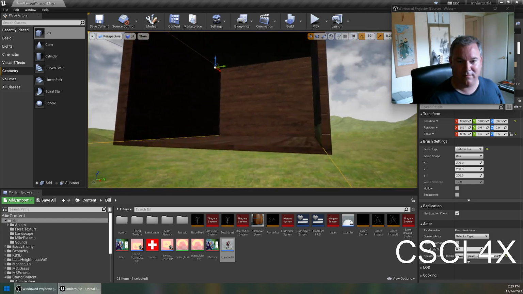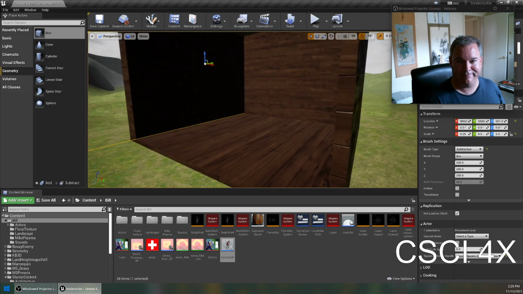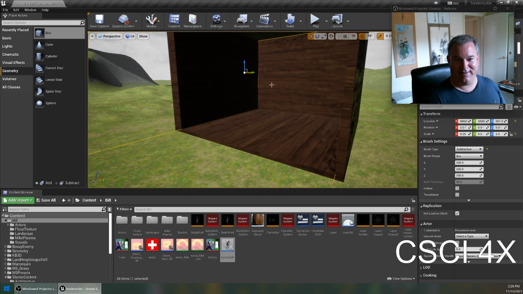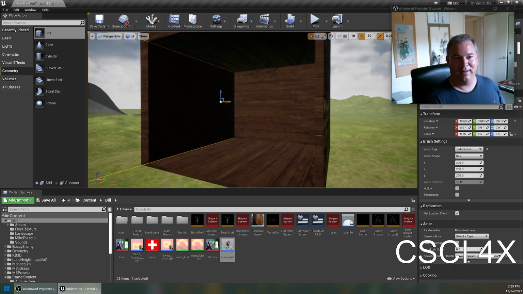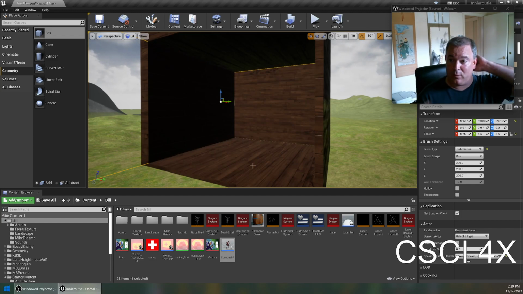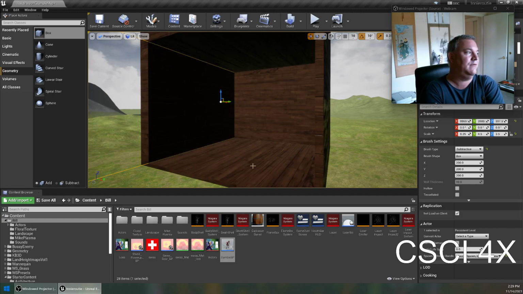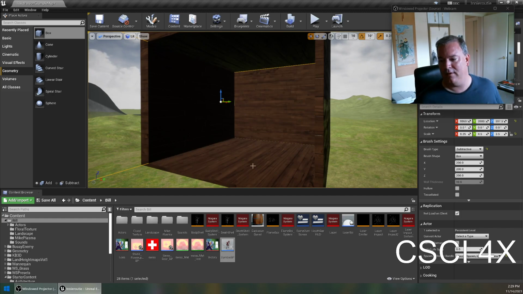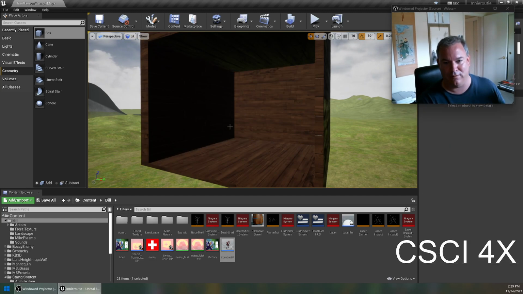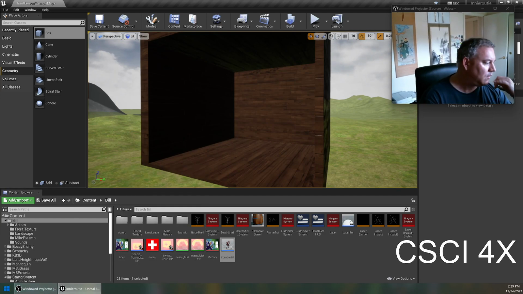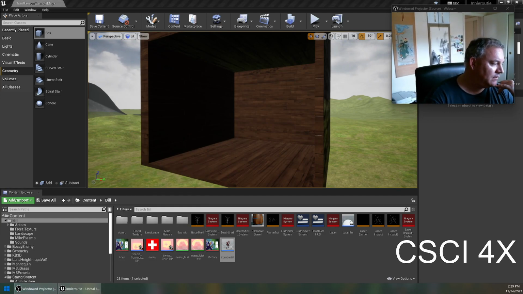More of a house than a tunnel. Sure, why not? Okay, so we're going to make it so when we walk in, it's going to play some music. Then when we leave, it stops the music. So you can have a theme for your village or whatever. Okay. So first thing we need to do is get some